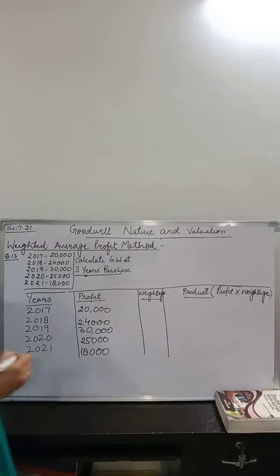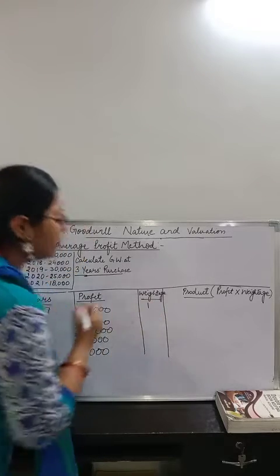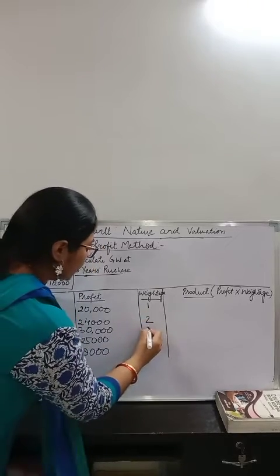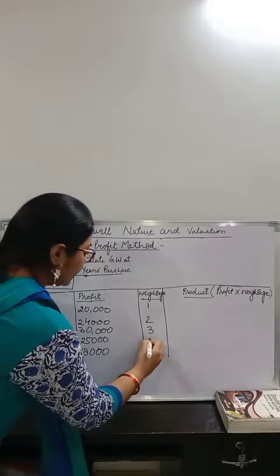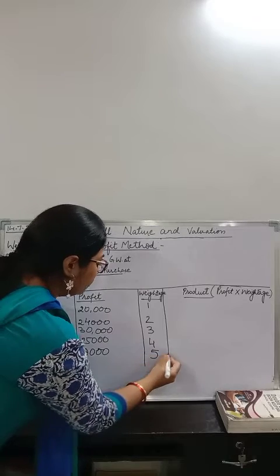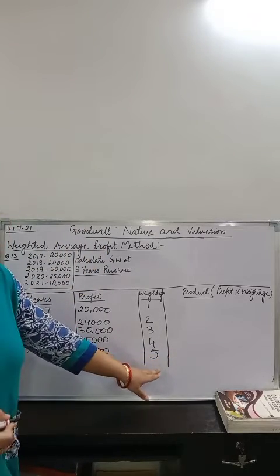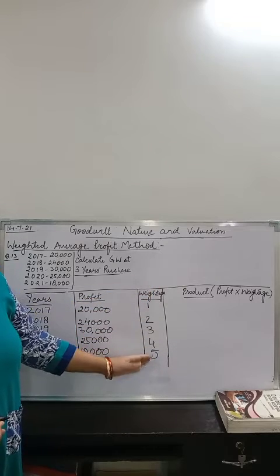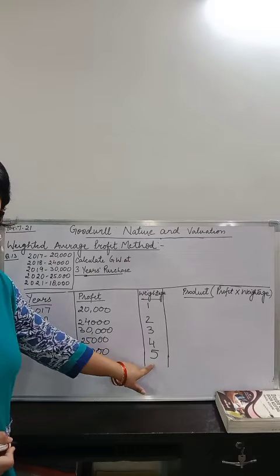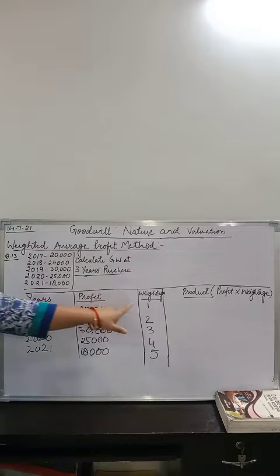Now these are the net profits, but in the weighted average profit method they say the year which is the oldest, the most previous one, 2017, way back, we will give it 1 weightage. The next year will get 2 weightage, third year will get 3 weightage, fourth year will get 4 weightage, and fifth year, that is 2021, will get the maximum weightage, that is 5. How have we appointed this? In order of the latest getting the maximum weightage and the previous most getting the least weightage